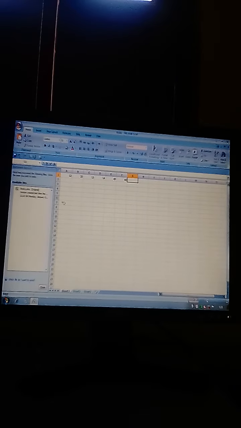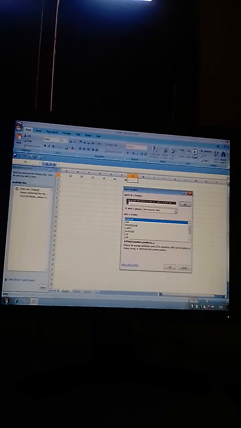So dear students, to find out the total of these values, we will have to click on fx, insert function. This function enables us to apply the function of mathematical operators.